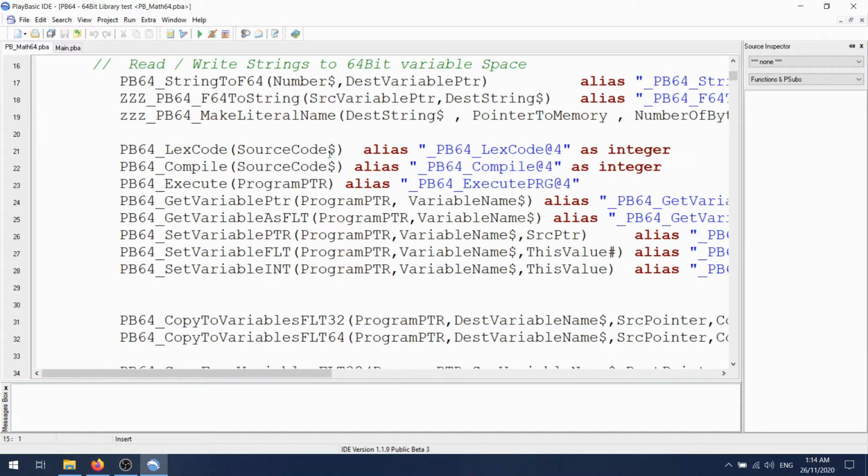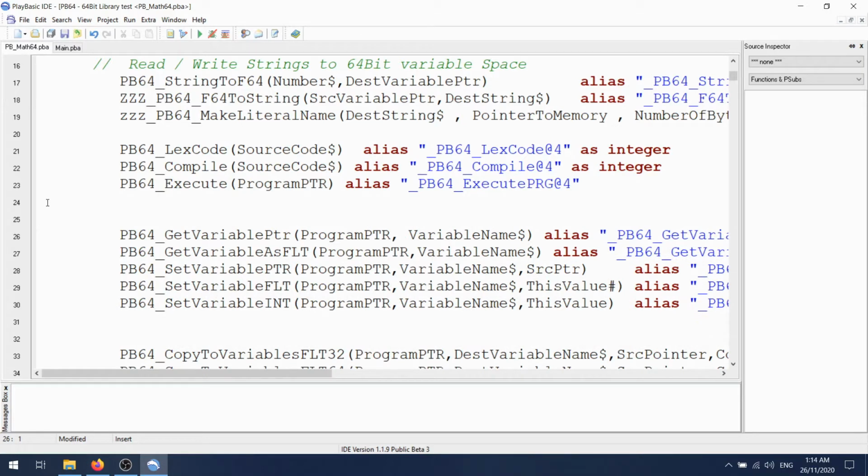Anyway, so we add these functions up here where we can ask the compiled script where a variable name is within it. We can get that variable as a particular data type, so we can read it as a 32-bit float.